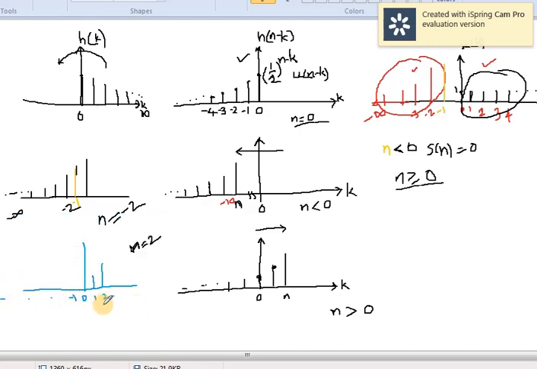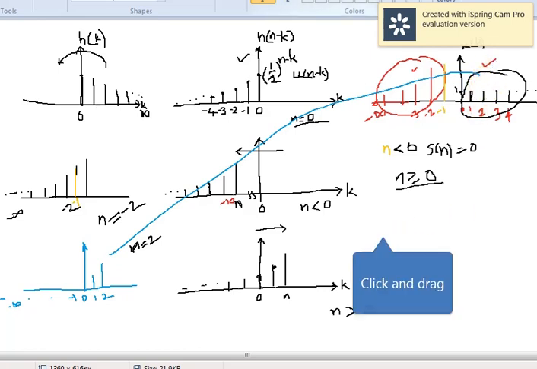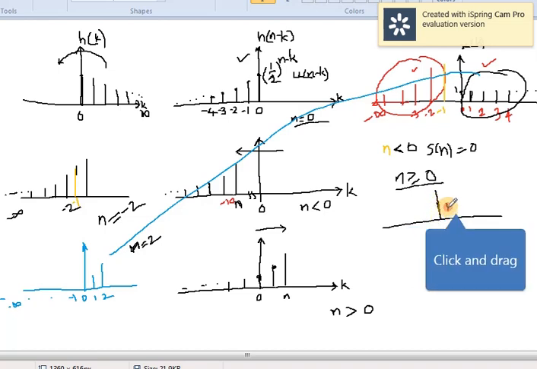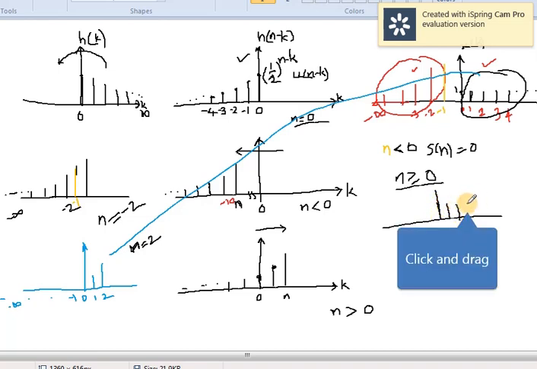Then when we superimpose this on x of k, let's draw x of k and superimpose on it. We can clearly see that the samples at 0, 1 and 2 overlap with each other and will have the multiplication,